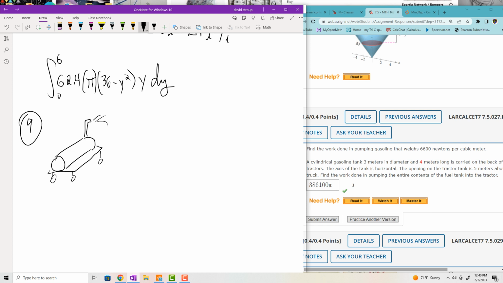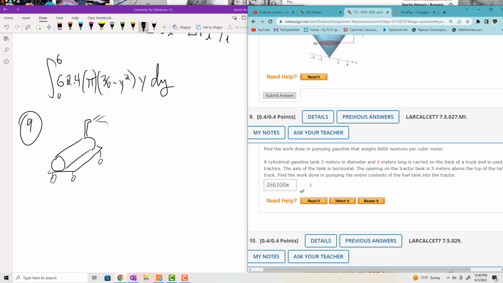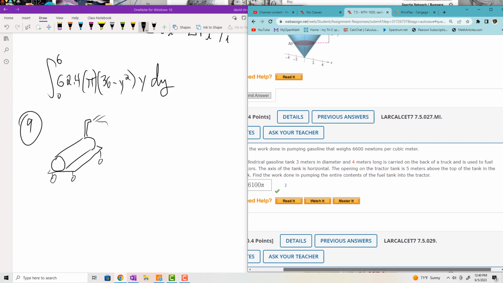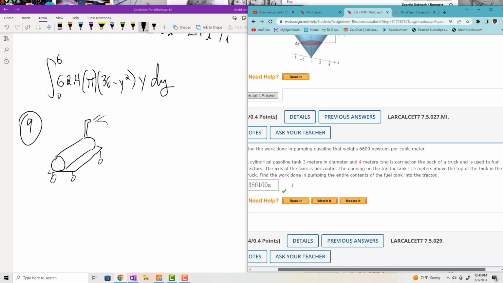And it's full of gasoline. They have the weight density for gasoline. It's 6,600 newtons per cubic meter. Anyways, we have a cylindrical gasoline tank, 3 meters in diameter and 4 meters long, is carried on the back